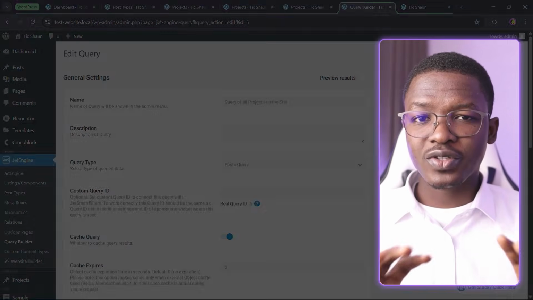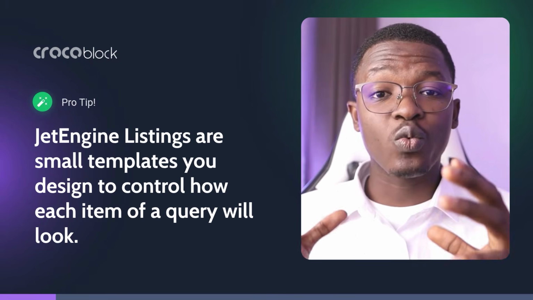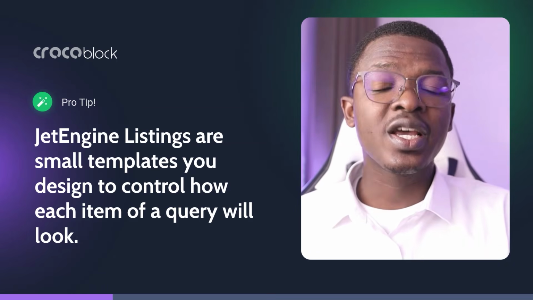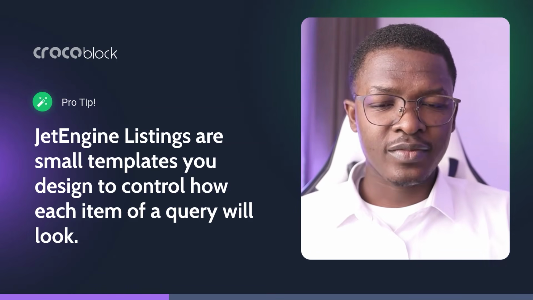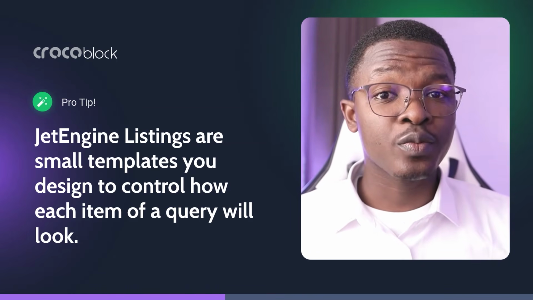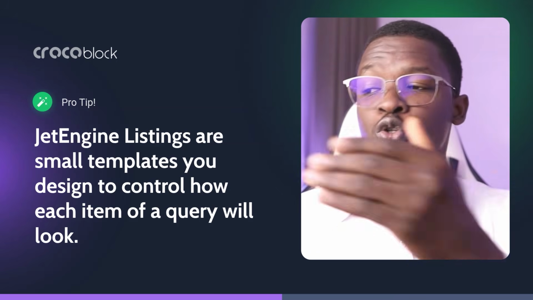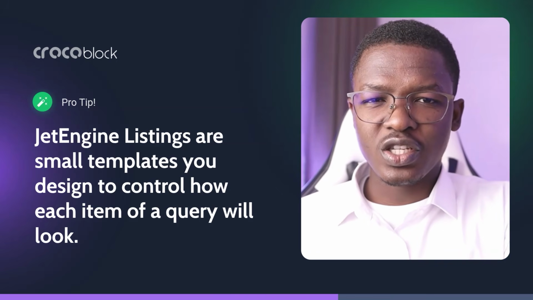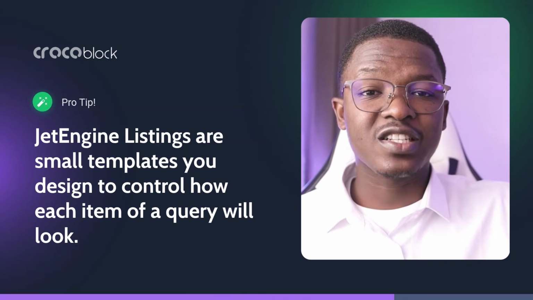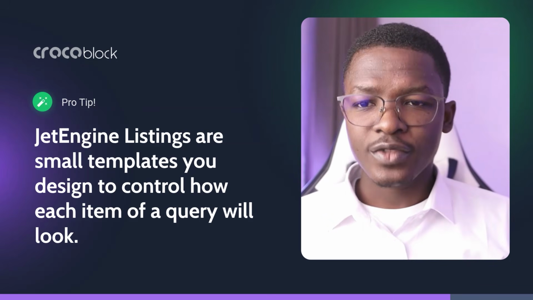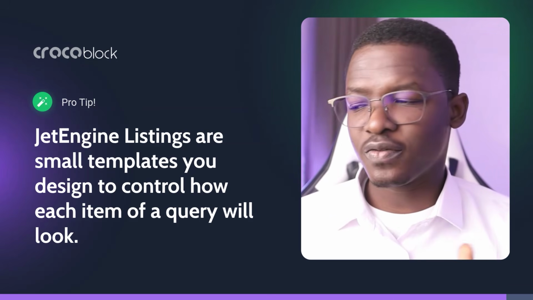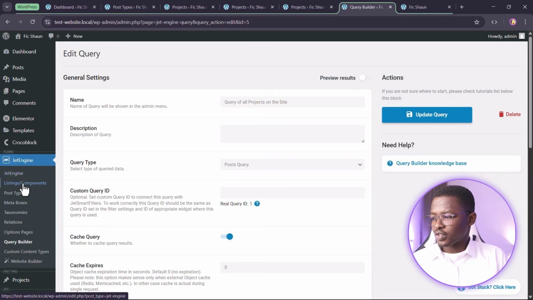Remember, we talked about how queries help you to determine where you want to get stuff from the database and how you want to get that. Now, what do listings do? Listings simply help you use queries to determine how things are displayed in the front end. So let's see very easily how to make use of that. If you come inside of here to listings,